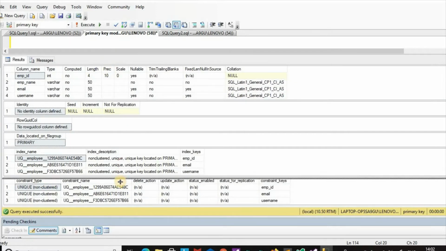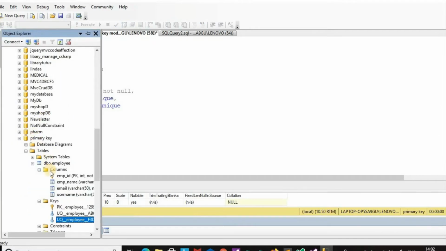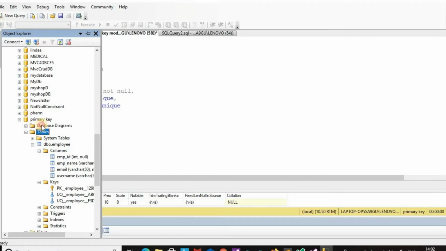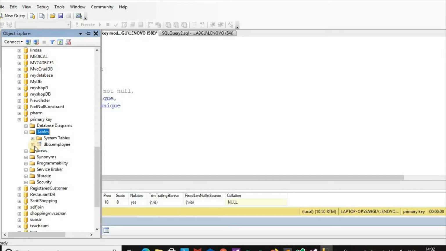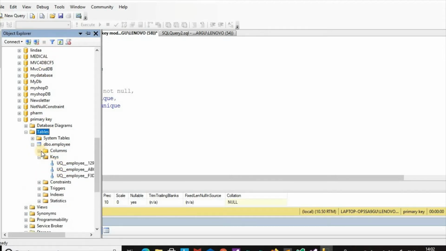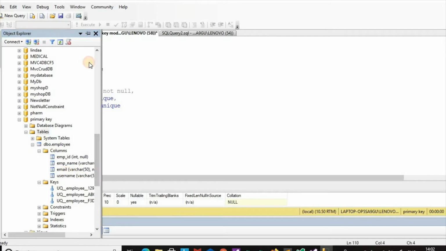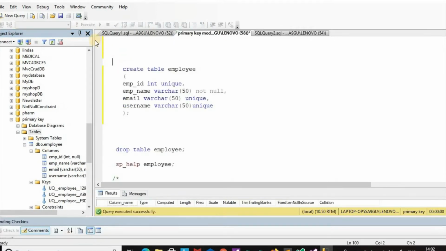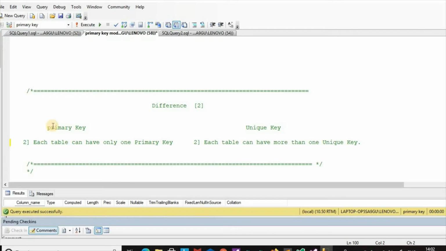Like this, we can give any number of unique keys for a table. So this is the point: each table can have only one primary key, and each table can have more than one unique key.